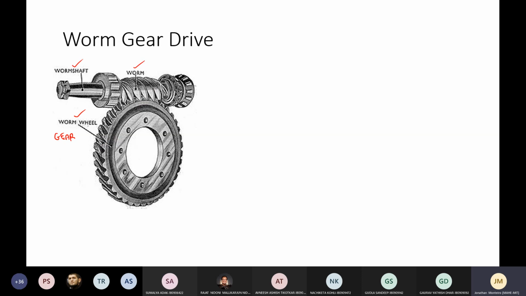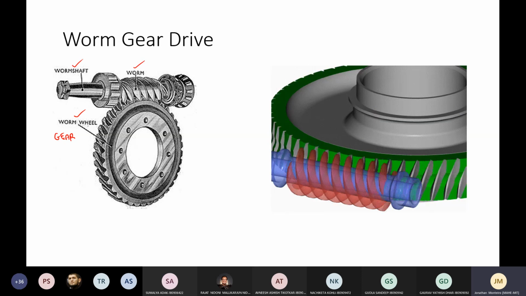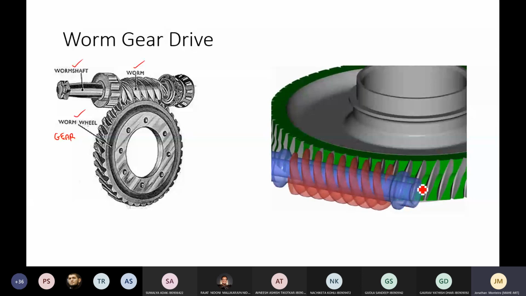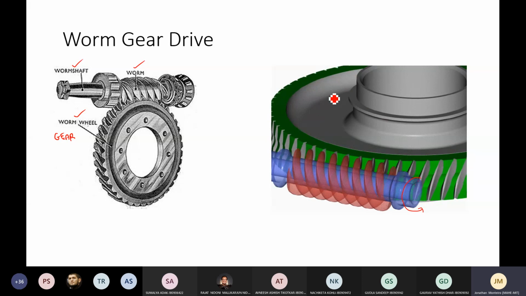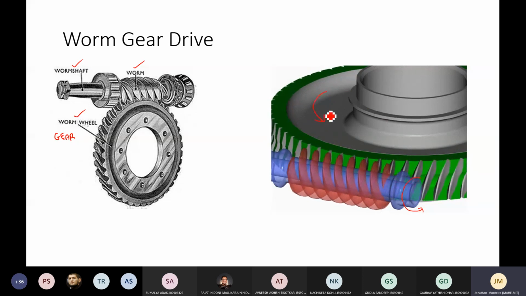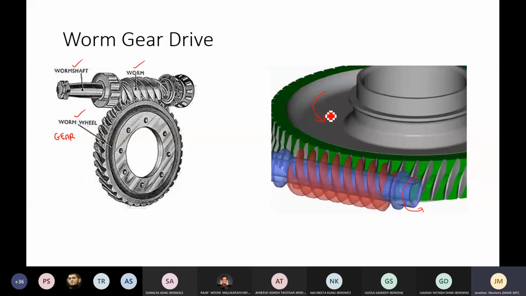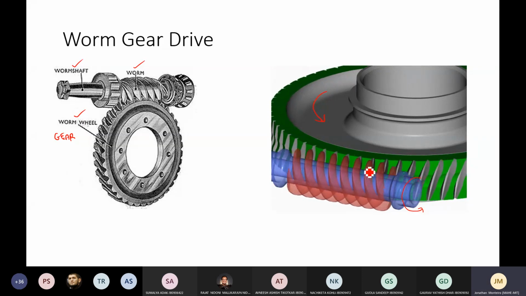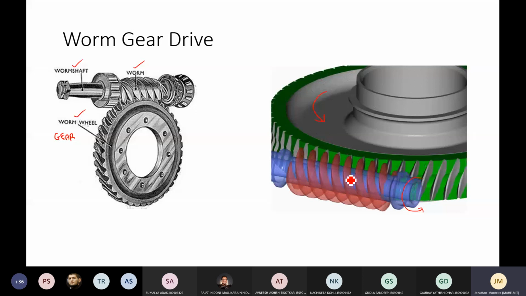You see the operation of it. There's a small animation here. If you see the operation, the worm is rotating on its own axis. So this is the axis of rotation, and you see the axis of rotation of the gear, it is like this. When this red colored worm rotates, it gradually passes over each set of teeth, making it push linearly. So it is giving a rotational motion and it is getting pushed linearly. So the total action is a screw action itself.